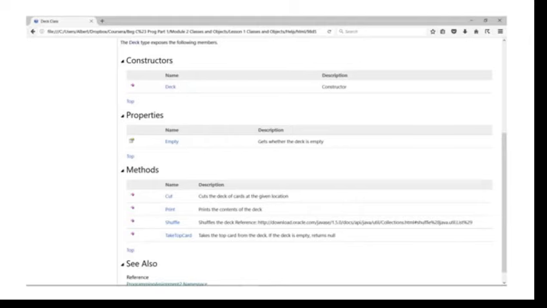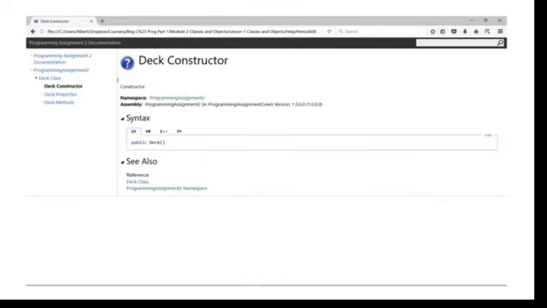code or a DLL, but we won't worry about that for this particular class. So this is custom. It doesn't just come in C#. Okay, so here's some documentation, and it talks about constructors and properties and methods. And because this lecture is focused on instantiating an object, what we care about is the constructor. So to find more information about the constructor, we click that link in the documentation, and we get to this